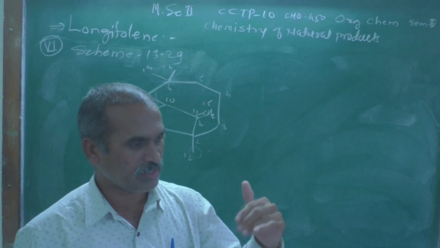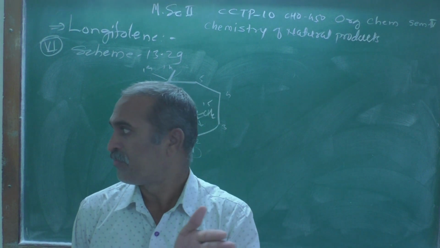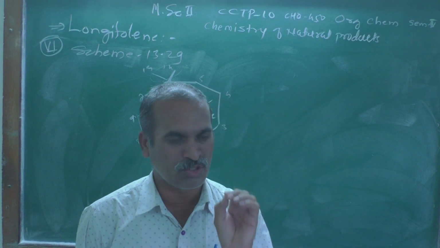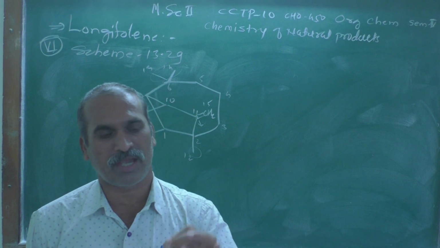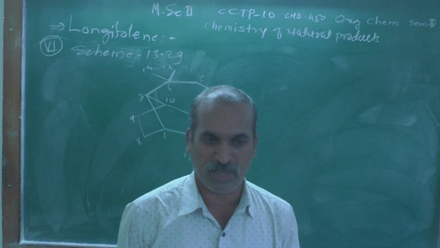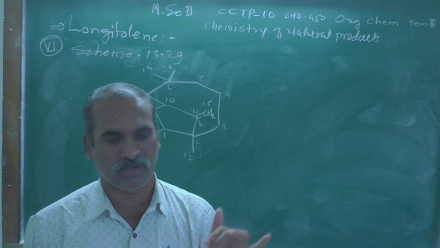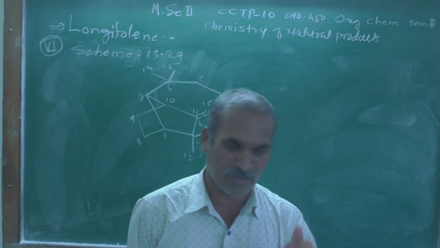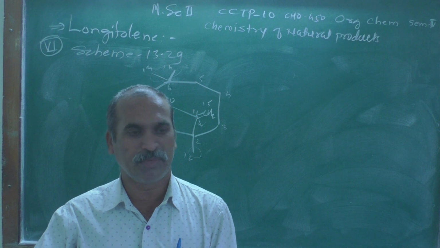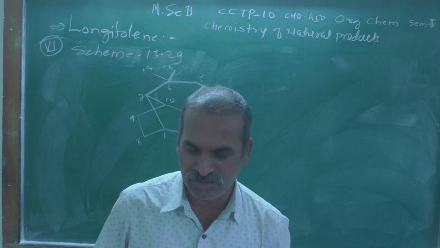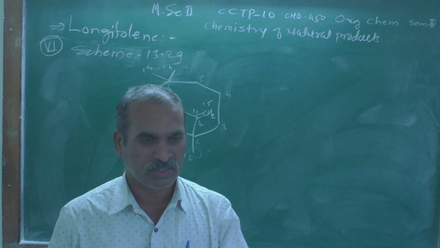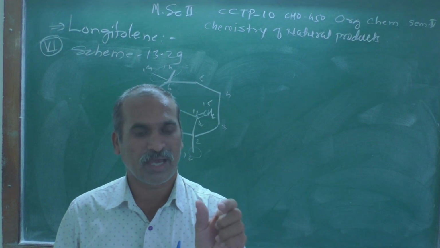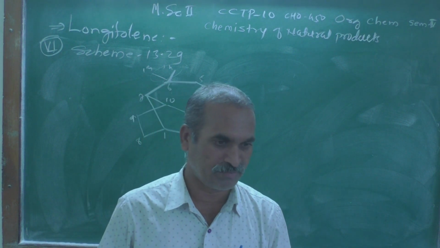First, that carbonyl group is treated with a Wittig reagent. It is a regioselective reaction at this particular region. Stereochemically it is very important, exocyclic double bonds are generated, and after that the olefinic group is introduced. Further it will be treated with the Simmons-Smith reagent, which is CH2I2 with zinc-copper couple. That process is known as cyclopropanation.